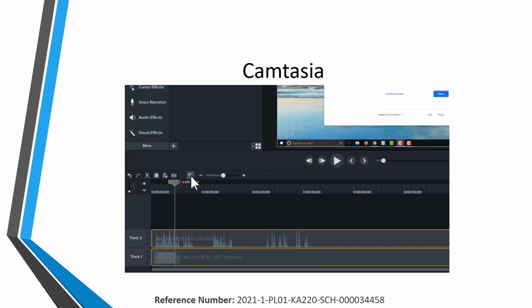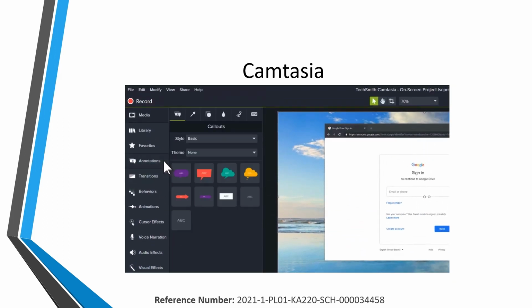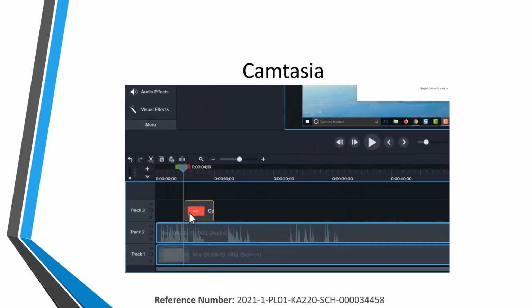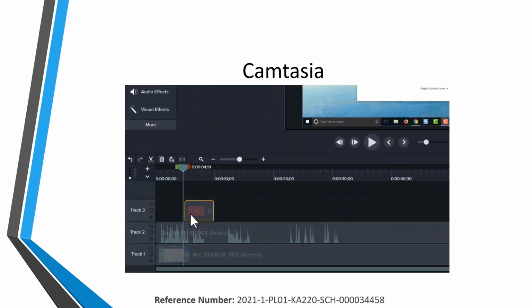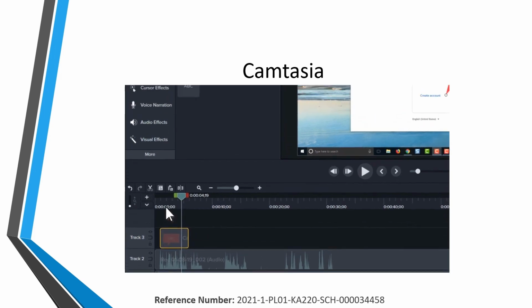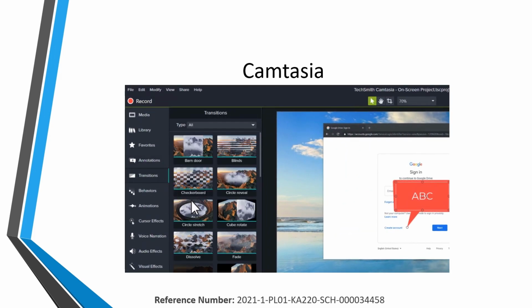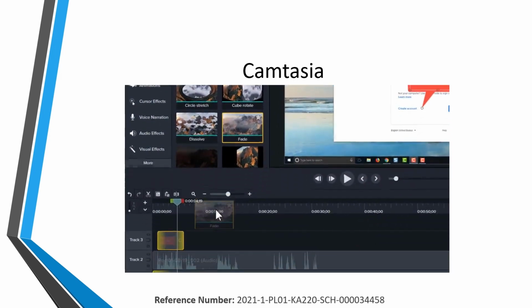To add additional media, titles, or effects, drag them from the Tools panel to the timeline. And to move media on the timeline, click and drag. If you choose an effect, such as an animation or a transition, clips on the timeline highlight, showing you where